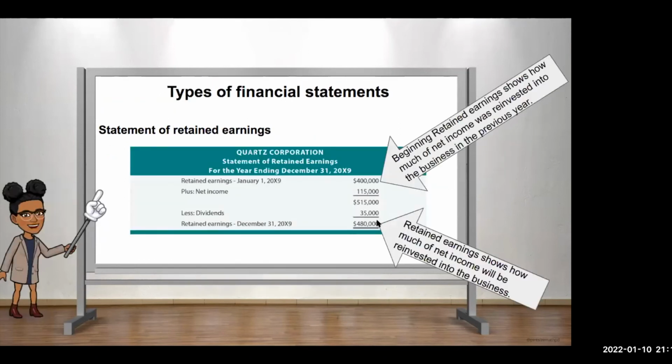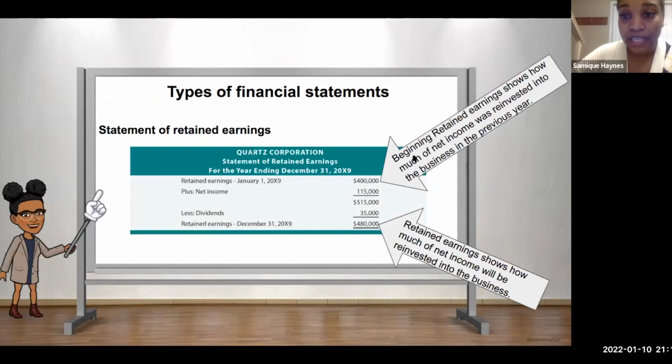So then we have a statement of retained earnings. It looks like this. It starts with the beginning retained earnings that we had. And then if in this new year we make a profit, our net income, we add it to the retained earnings from before, which gives us a total amount. And then we deduct the dividends that will give us the retained earnings at the end of the current year. So basically what happens is the retained earnings from last year gets brought into our new year in the beginning.